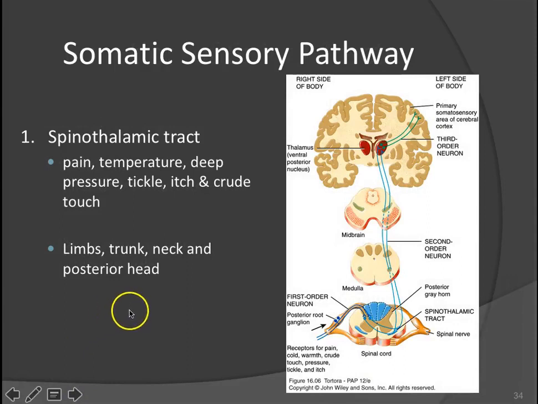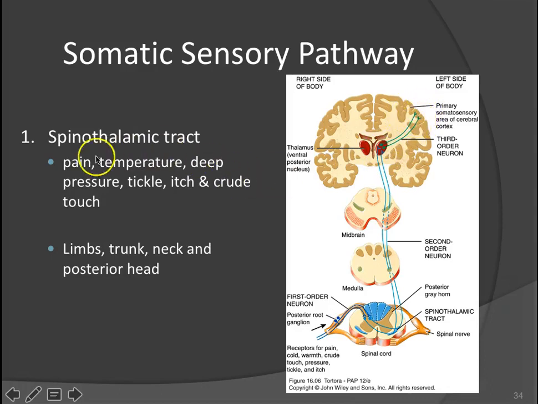Okay. So one of these tracts is what's known as a spinal thalamic tract. And you kind of get this idea that it is an ascending pathway because it's going from the spine basically to the thalamus, so you know it's going up. It's going up toward the brain. So if you just take a look at it, here's our first order neuron here in this darker blue. It makes contact with our second order neuron in the spinal cord. It will cross over. This second order neuron goes all the way up to the thalamus, where it makes contact with these green neurons, or third order neurons, which then take that information to the primary somatosensory area in the